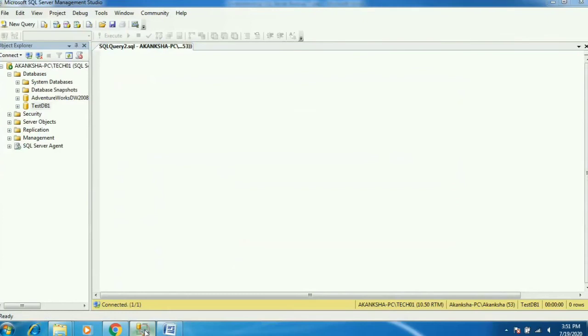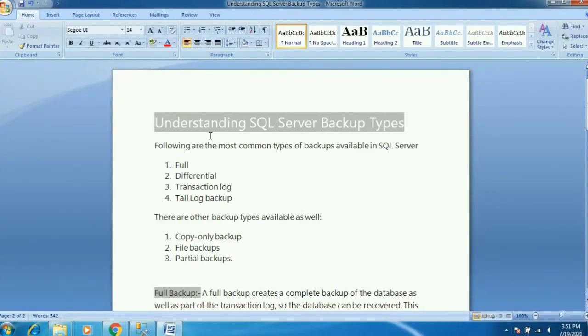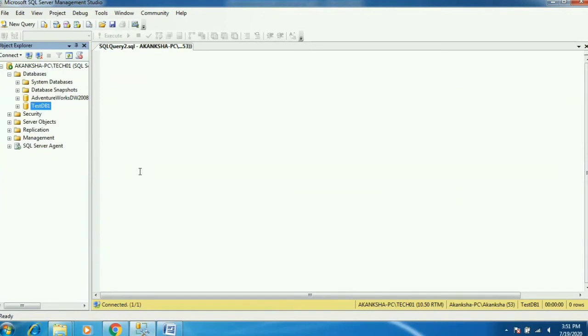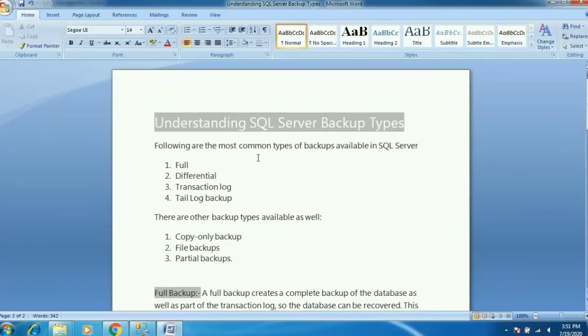As you can see, taking a backup is very easy from SQL Server Management Studio, but I would request that without knowing the backup functionality and the component parameters, you cannot perform the backup activity on a live server. Nobody will allow you to take the backups, because you don't know all those parameters.